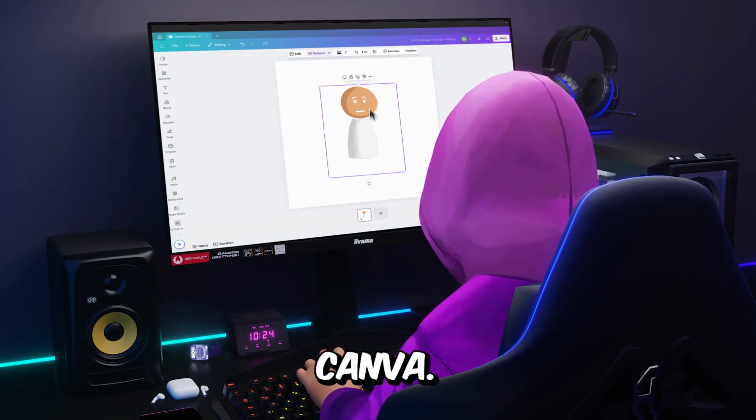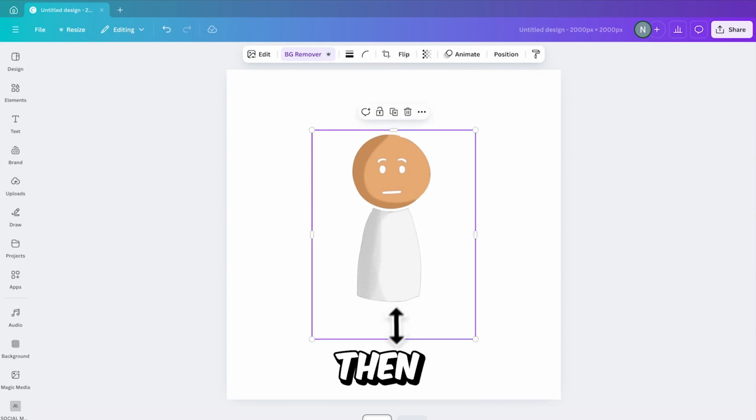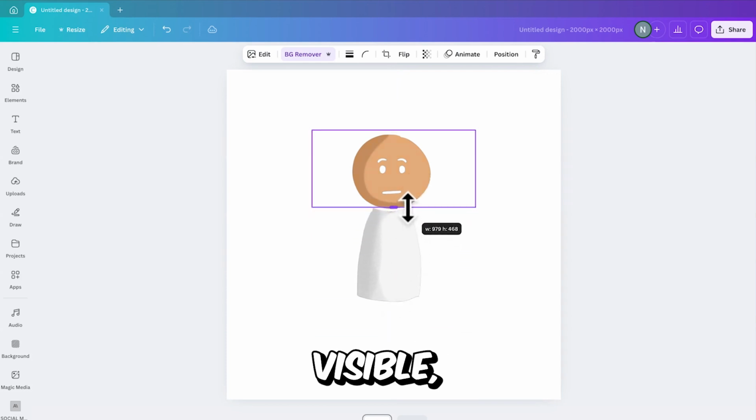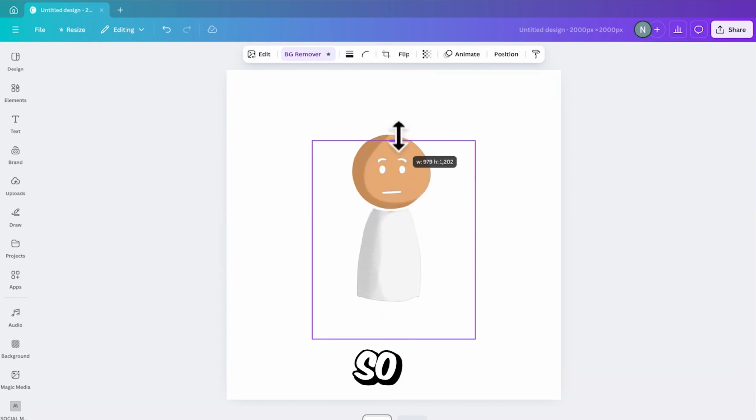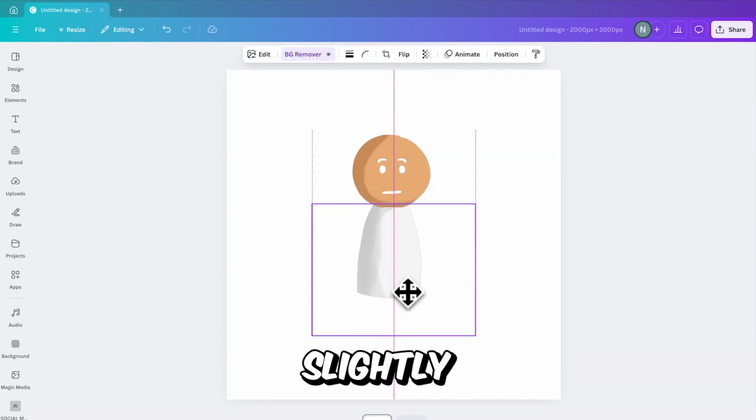Now back in Canva, start by duplicating the image in order to create 2 separate layers. Then resize one layer leaving only the head visible, and resize the other layer so that just the body is visible. Next, select the body layer and move it slightly upward to close the gap between the head and body,